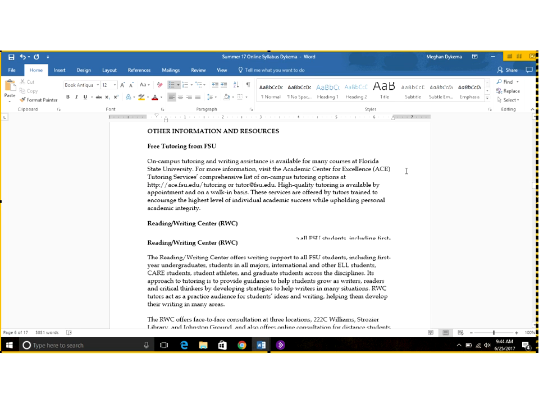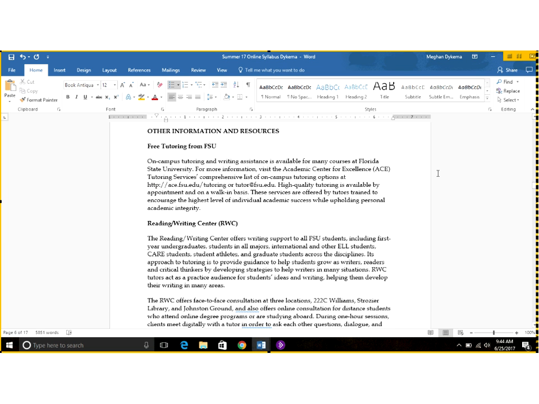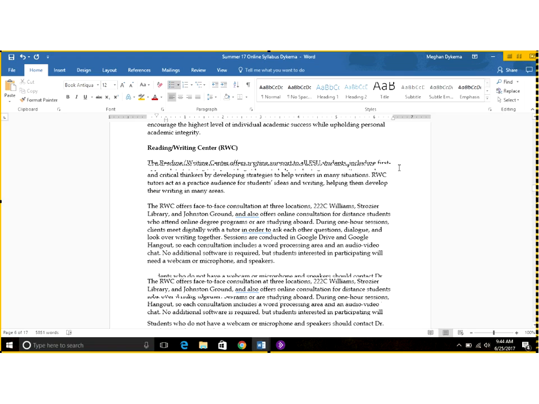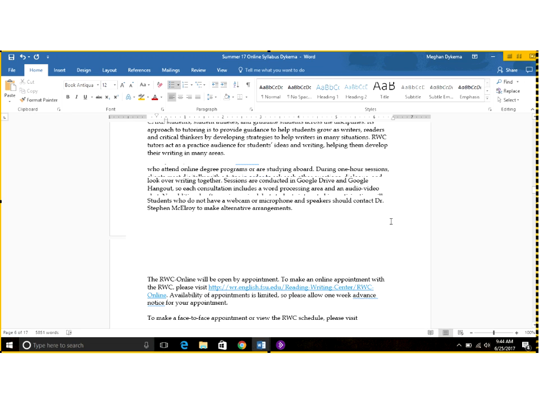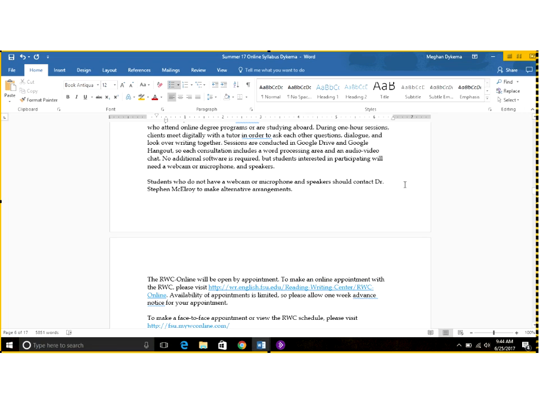Okay, this section of the syllabus details several free resources that are available to you from the university. So there's ACE, Academic Center for Excellence, free tutoring. There's the Reading Writing Center, which is specifically writing support to all FSU students. The locations and hours are all there. They do offer online appointments, so if you are a distance learning student, you're not in Tallahassee, you can't get to Tallahassee, they do have